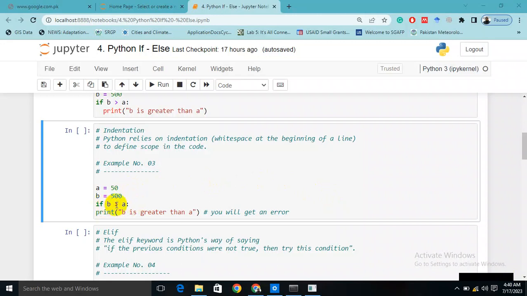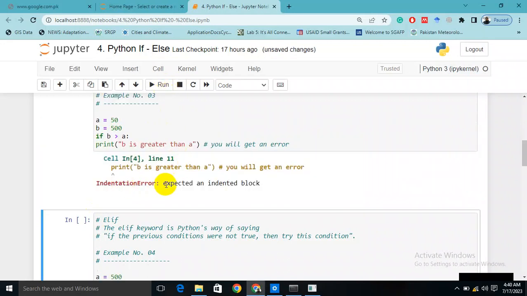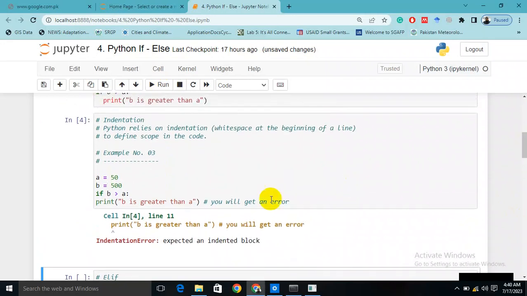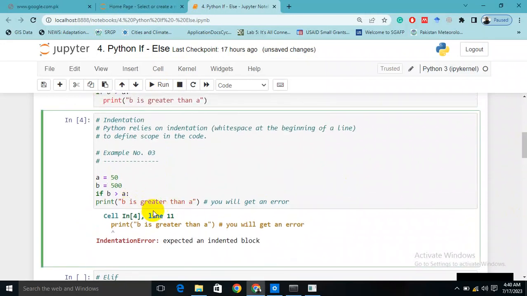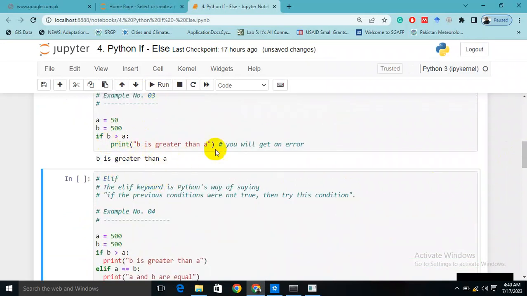If b is greater than a, then there is no space left before print, so there is no indentation. In this case I will get an error. And what is this error? It says indentation error. So after loops and conditional statements, we have to give indentation, and in this case I think it should run. Yeah,